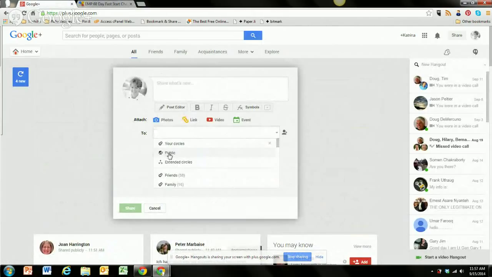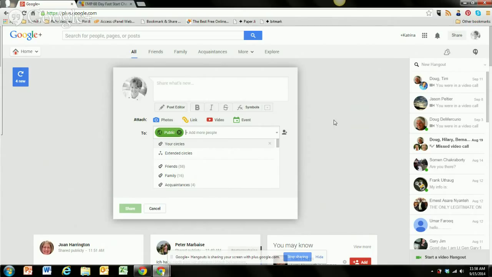So public is public. It goes to everybody that's inside of your circles. It's a searchable piece. This allows you to be searched on Google. It allows you to be searched and indexed in the search engines. Public really means that Google can index your post. And we talked about the power of that earlier, right? We talked about how powerful it was that every comment, every post you make on Google is an indexed piece of content. I'm hoping you guys understand this. I don't think I can stress it enough.